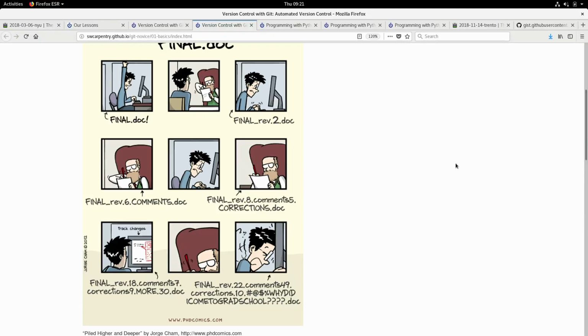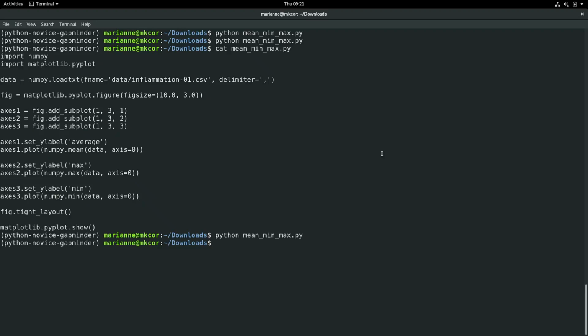So we're going to create a new directory where we're going to copy this script that we're maybe not fully happy with, but it's a starting point. So what could I name it? Inflammation, because the data that we're representing here is supposed to represent inflammation. So maybe to be clean, you want to make a directory called git lesson on the desktop. You will probably delete these things afterwards, but okay, let's go